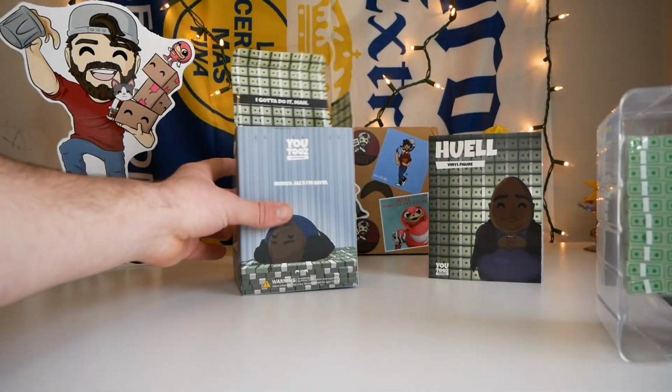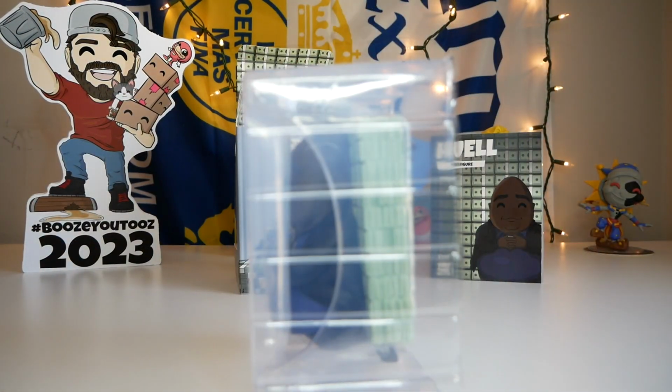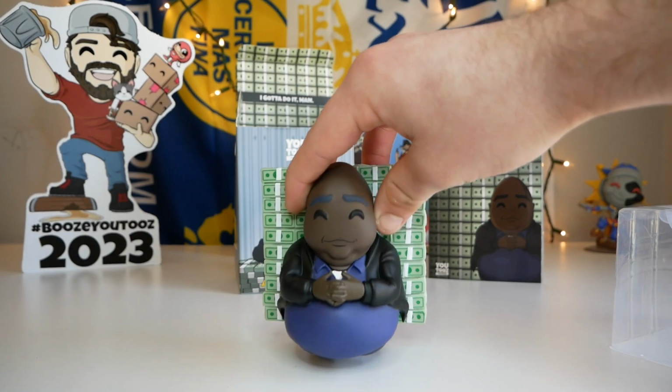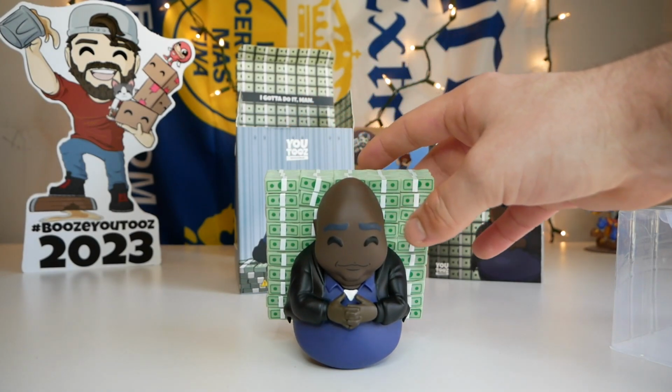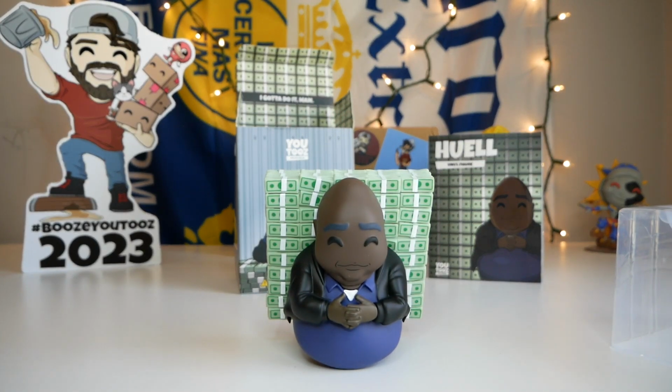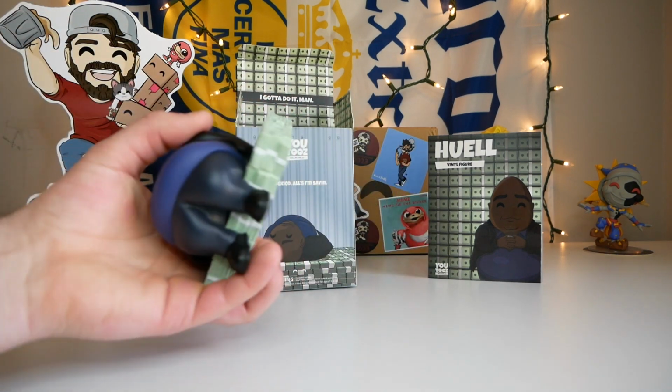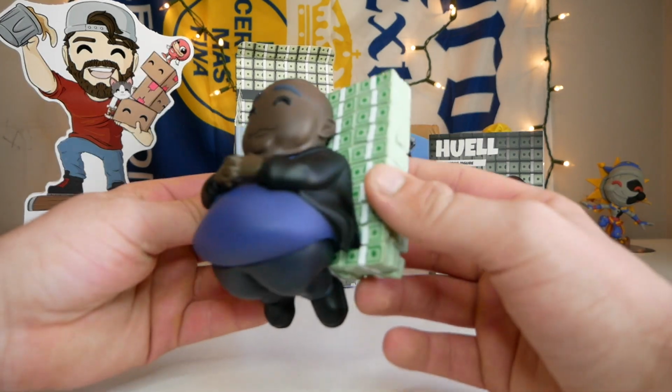But now let's throw the box in the back there and check out the figure. It's one of these special ones where you just gotta slide it right out. And there it is. Look at that. That's cool. Can it stand up? I don't know if it can. Kind of. I guess it kind of can. But I guess it is supposed to be displayed like that, so it doesn't make much sense for it to be able to stand up straight, but I guess we'll just have to hold it while we go over the